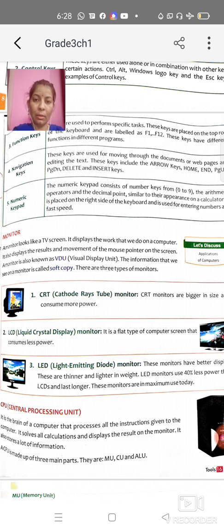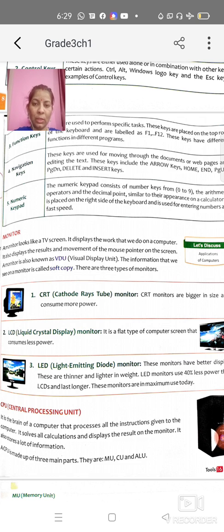CRT monitors, that big size monitor which was used earlier, it had a big box at the back. So those were CRT monitors, cathode ray tube. They were bigger in size and they consume more power. And then LCD monitor was introduced, liquid crystal display. These are flat types of monitor.